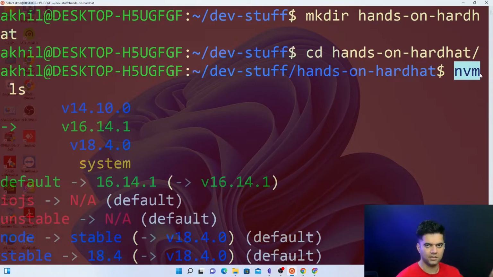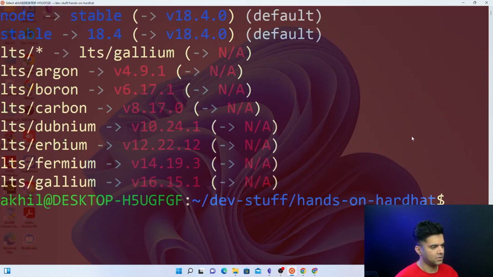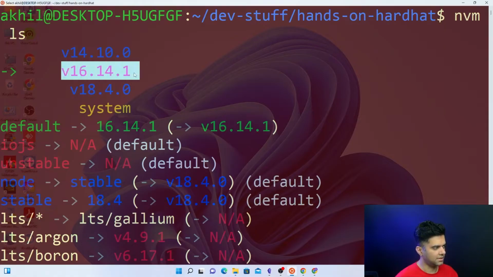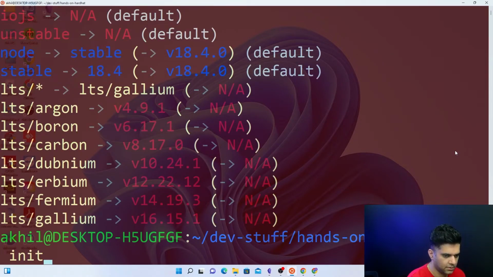This is general life advice. Always use NVM, because to jump between different Node.js projects, you need different Node.js versions, and NVM helps you create a list of Node.js versions. You can switch between them very easily. So I'm using NVM. I'm using Node.js 16.4.1 right now, and that's going to make our development experience a breeze. So I've cd'd into it, and we will create an